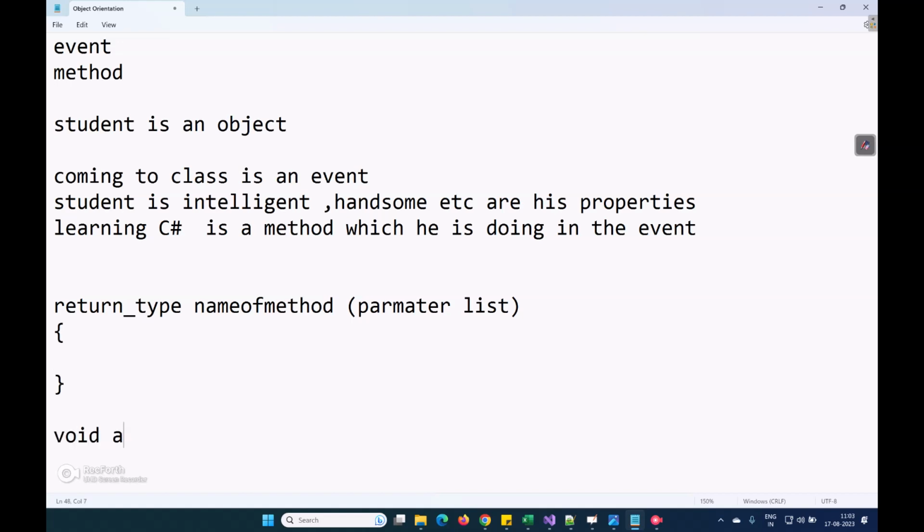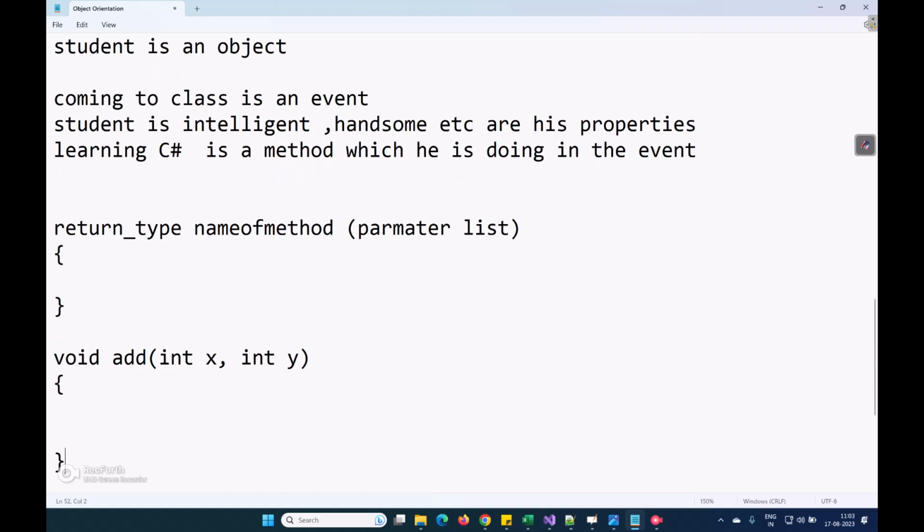Suppose return type is void. I am adding two numbers, int x comma int y. Void means I will not return anything from that function. There only I will display it. Here only I will print it.